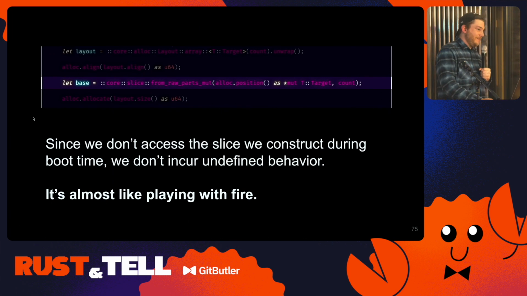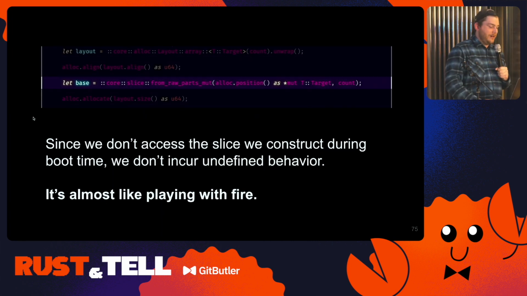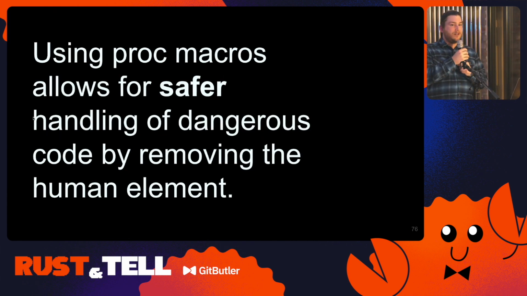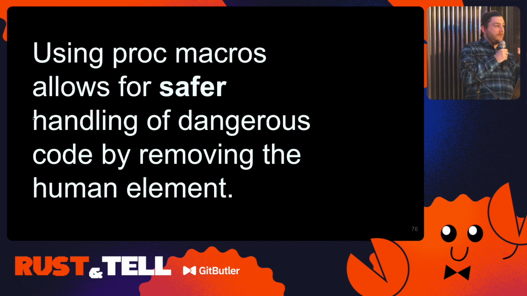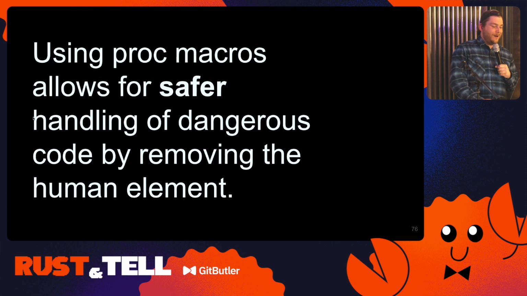So what is the takeaway with all of this? If I've lost you, that's totally okay. The whole takeaway here is that using proc macros allowed me to do this in a way that as long as the proc macro is working fine, then I can modify the boot protocol and its data structures however I want, and I don't have to worry about this anymore, and it's just a cool thing I wanted to tell you about. Because proc macros are cool, and if you haven't played with them, then I suggest you do it, because they make a lot of things really fun.